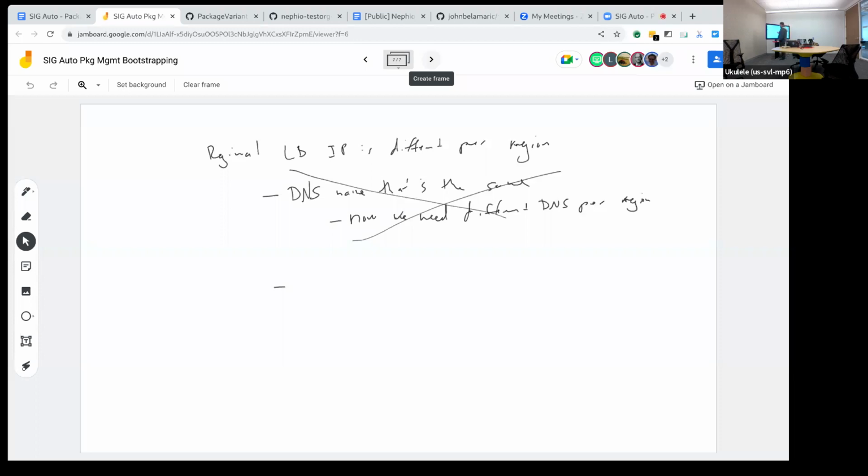So we actually have to figure out two things. One is, I guess, inject the regional IP in the package, in the edge package revision.